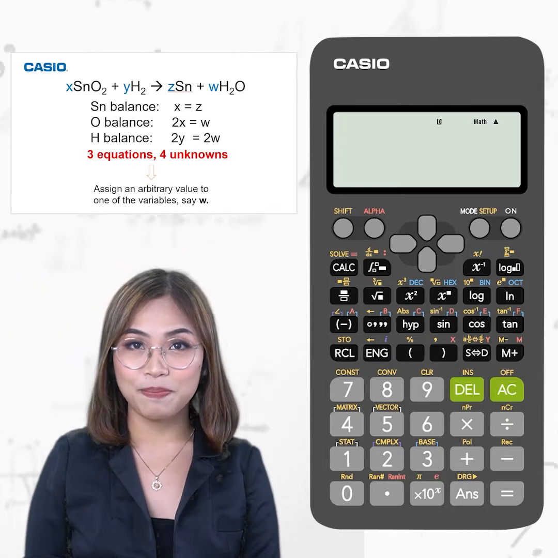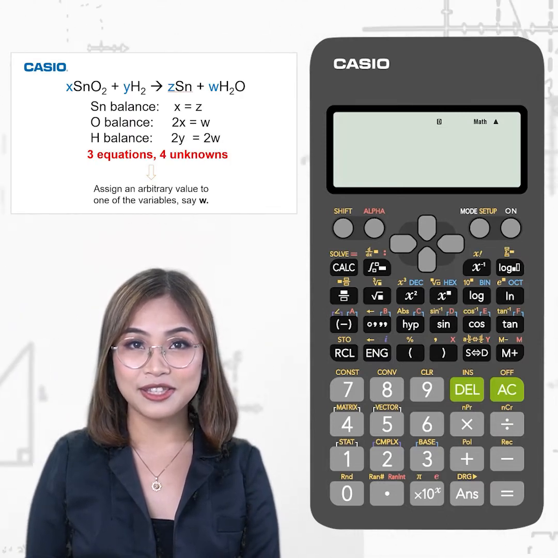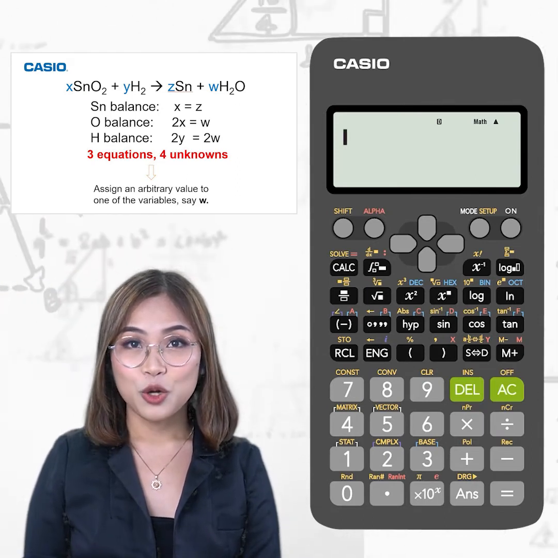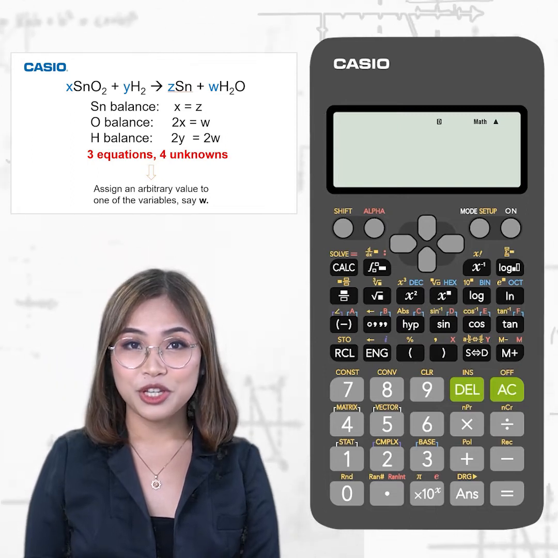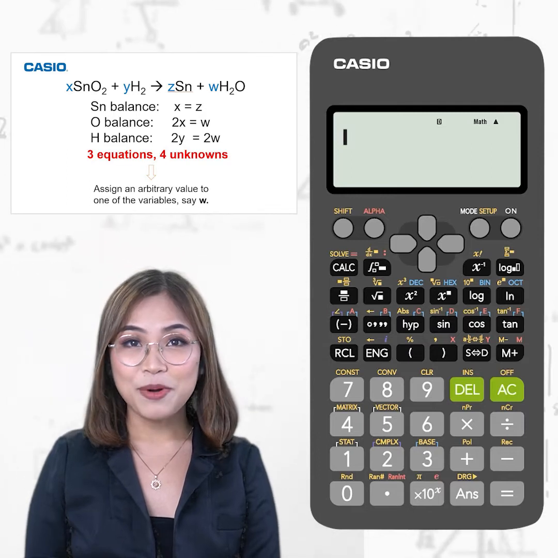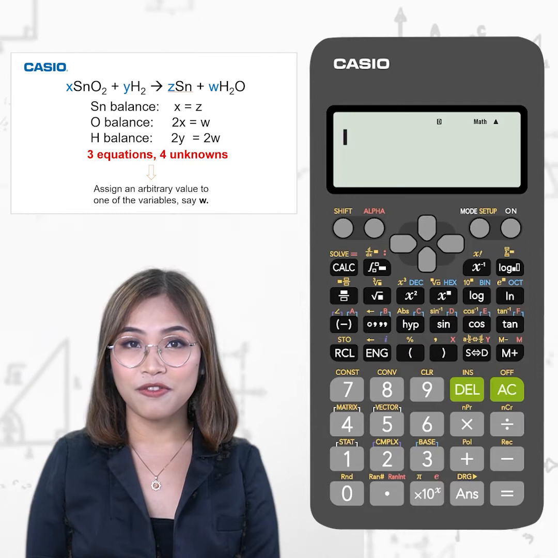The first step is to represent the unknown coefficients as letters x, y, z, and w. Next, we set up atomic balance equations. The number of atoms serve as the multipliers for the variables. The arrow sign separates the left and right side of the equation and can be thought of as the equal